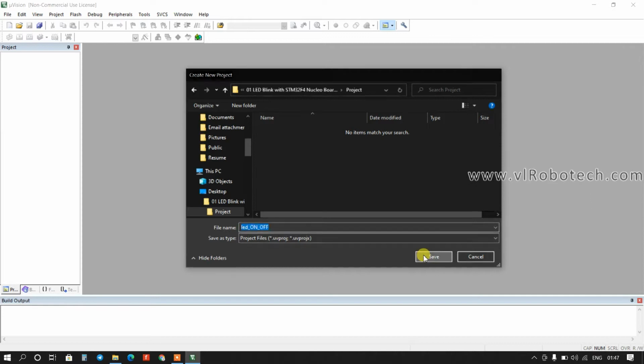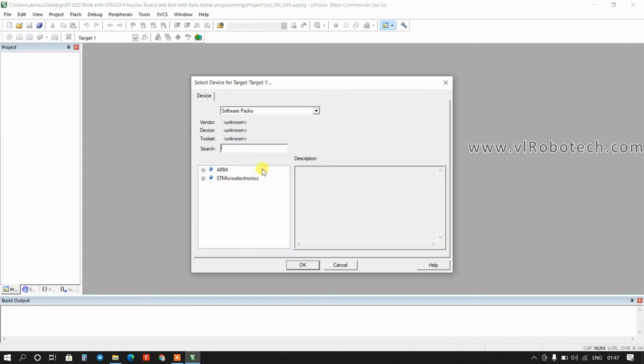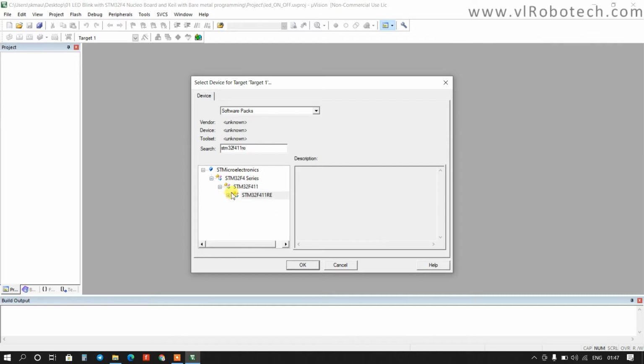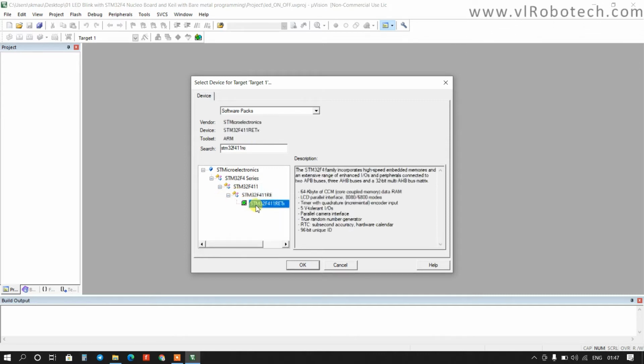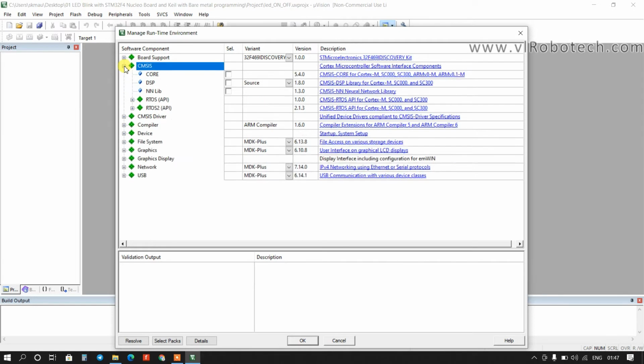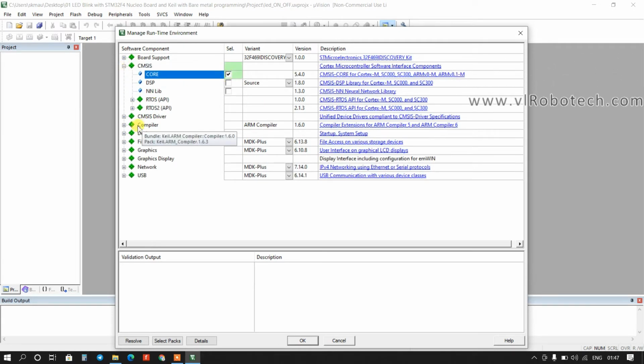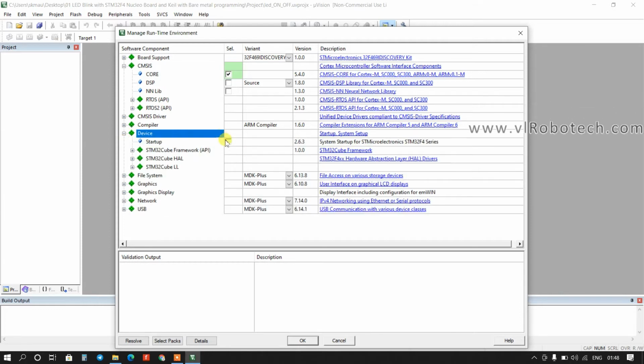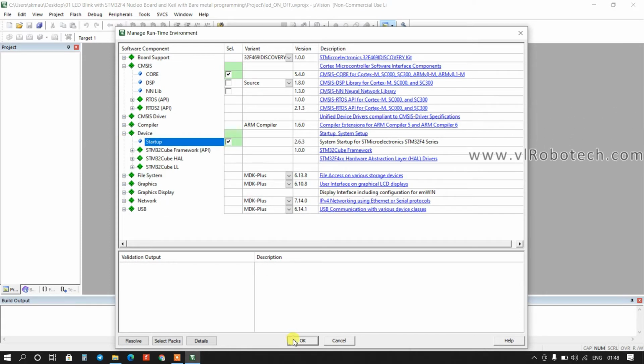Select the microcontroller here, STM32F411RE, select this and okay. We have to select the environment, go to CMSIS and select this, go to Device and select Startup and okay.